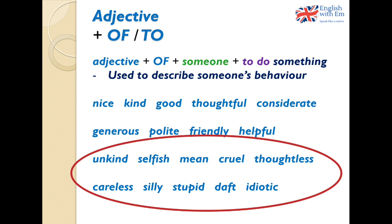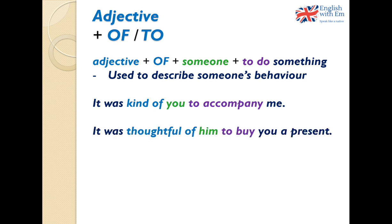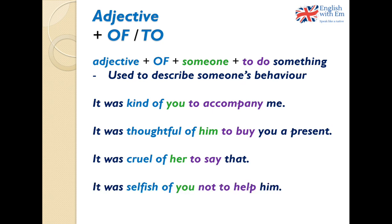Now let's look at some examples. It was kind of you to accompany me. It was thoughtful of him to buy you a present. It was cruel of her to say that. It was selfish of you not to help him. So in each case, we are describing somebody's actions or someone's behaviour, and we use the infinitive of the verb